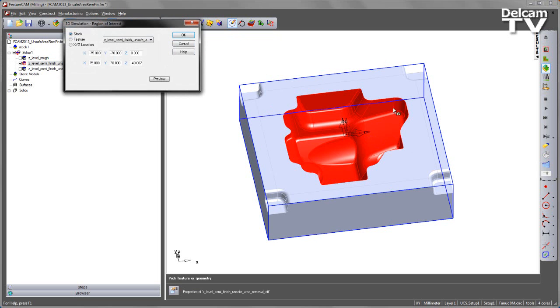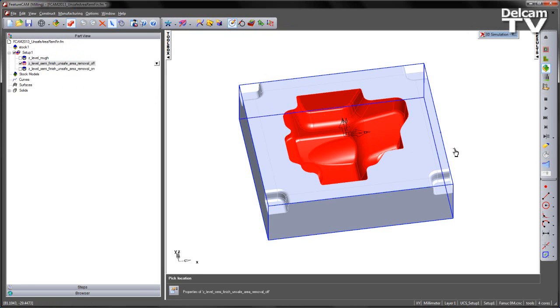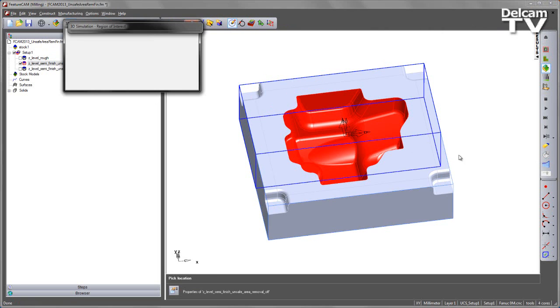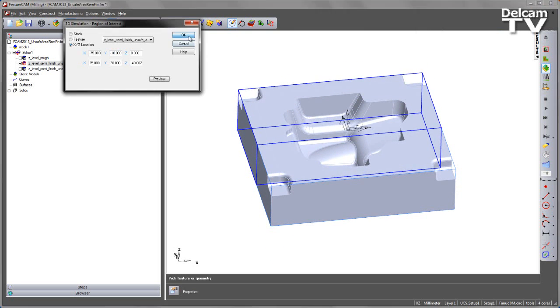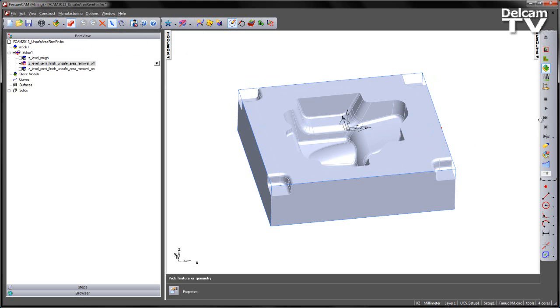Let's go and choose the region of interest. I'm going to use the Y position, and you'll note we've got a point here that splits the block halfway through that pocket. If I choose to play the 3D simulation now,